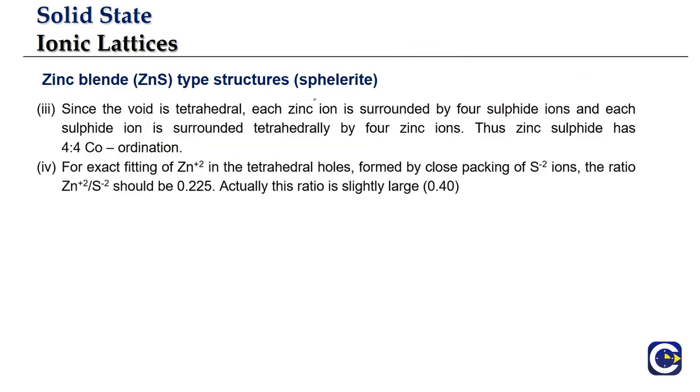4:4. So this is the normal zinc blende structure or sphalerite structure. And if you look at each tetrahedral void, the zinc ion will be surrounded by 4 sulfide ions, and similarly each sulfide ion will be surrounded by 4 zinc ions. So the ratio will be what? 4:4. The coordination number in this case will be how much? 4. And remember, we have been talking about the coordination number importance.